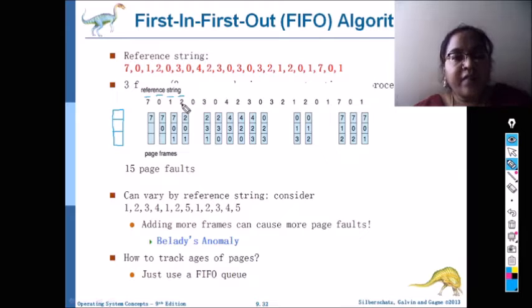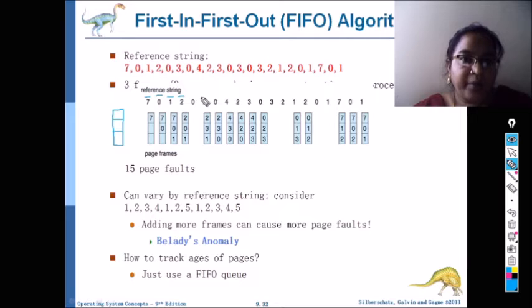Now when we have to bring page 2 here, the 3 frames are occupied by page number 7, 0 and 1. Now what we have to do is select a victim page, which will become a victim according to the FIFO criteria. The page which has come first in the memory will become the victim. When you see 7, 0 and 1, it is 7 which has come earlier, so you are replacing 7 by 2. Now for 0 there is no page fault because 0 is already there in the memory.